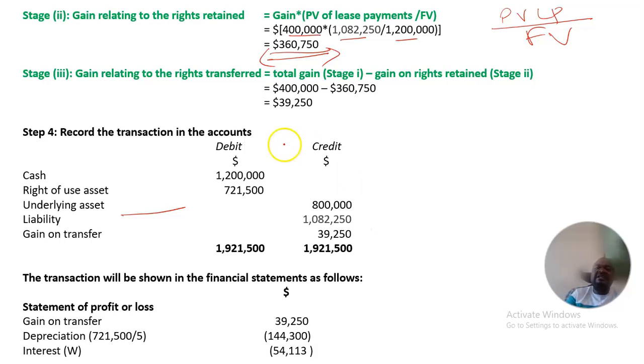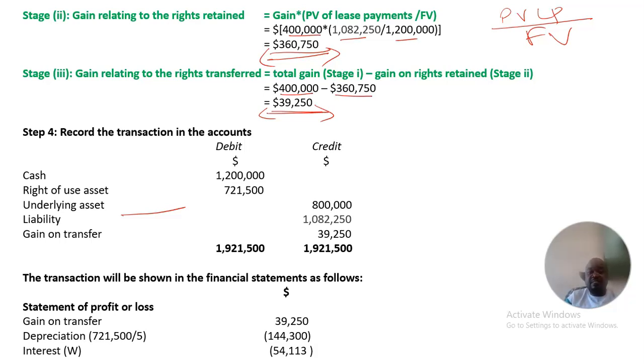So we say the total gain of 400,000 less the gain on the rights retained, and we are going to be left with the gain relating to the rights which have been transferred. That's